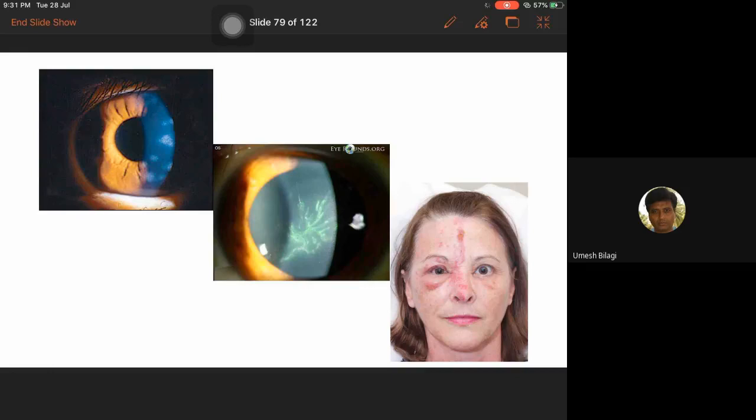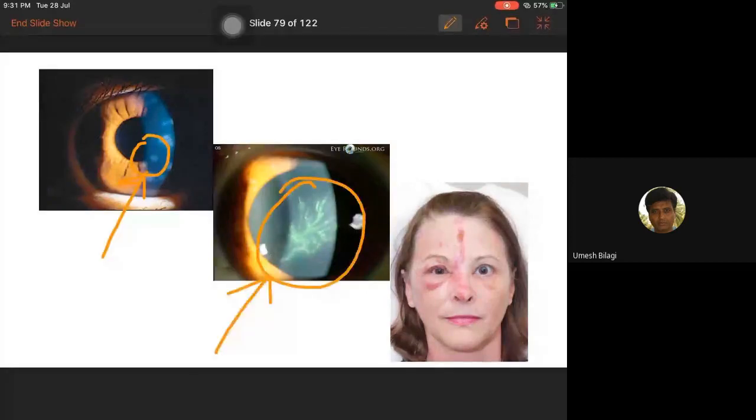In the first picture, you can make out there is a corneal involvement. There are nummular keratitis, superficial keratitis, or it can present as pseudo-dendritic lesions. We know that true dendritic lesions are seen in herpes simplex keratitis. In herpes zoster, we see pseudo-dendritic keratitis. What is pseudo-dendritic keratitis? You have a branching pattern of the keratitis, but the end doesn't have a knob or a beaded appearance. We don't see that in herpes zoster ophthalmicus.